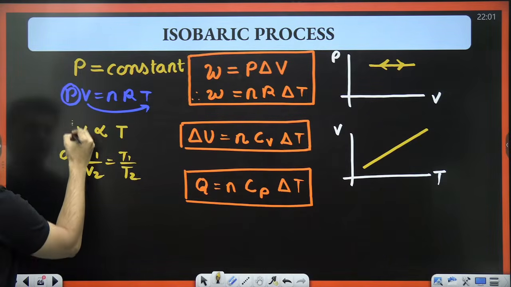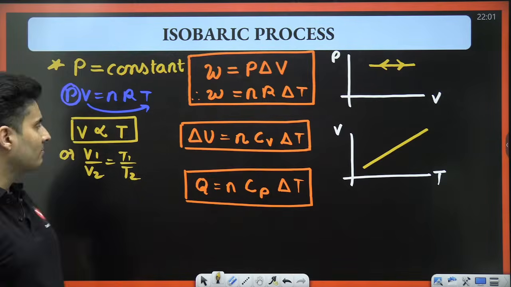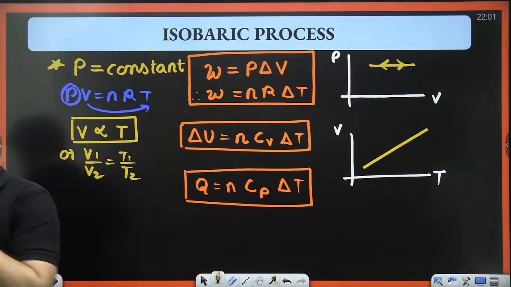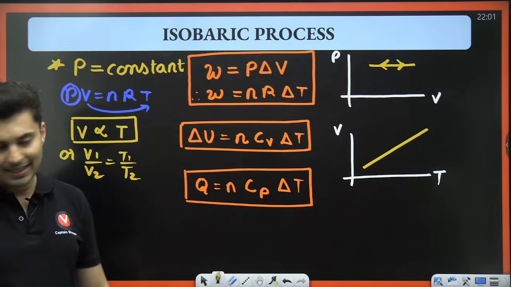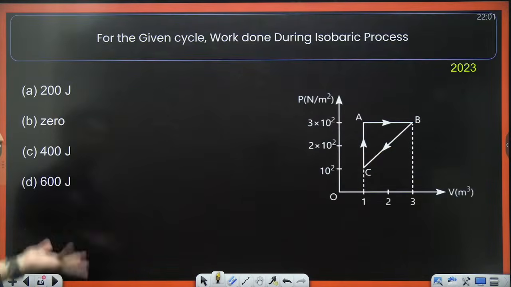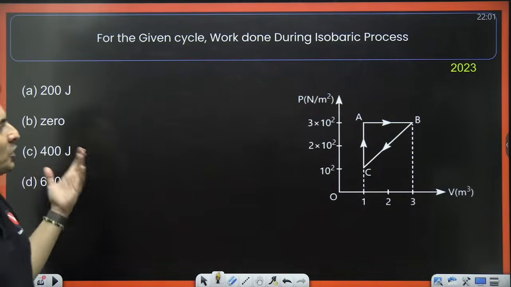Here also, volume is directly proportional to the temperature. This is where you start from. Pressure is constant. Cool? Shall we go ahead? Awesome. Let's see a question which was asked in 2023: for the given cycle, work done during the isobaric